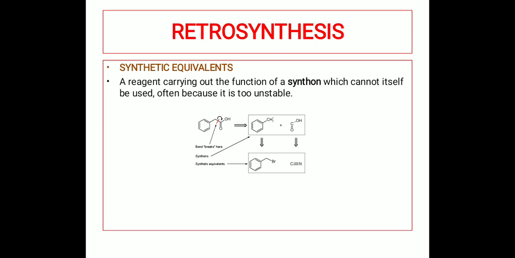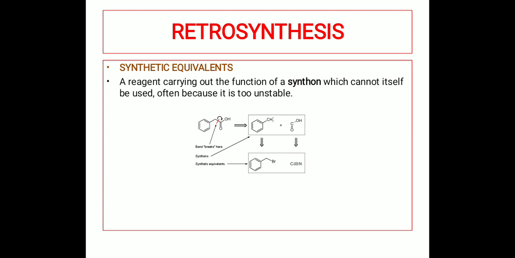Let us see another example. Here I have taken phenyl acetic acid. In phenyl acetic acid, again you can see the red line. This red line is the disconnection. You can represent a disconnection either with a wavy line or with an elongated X, which you will see in my next slides. Now the disconnection is between the benzyl group and the acid group.